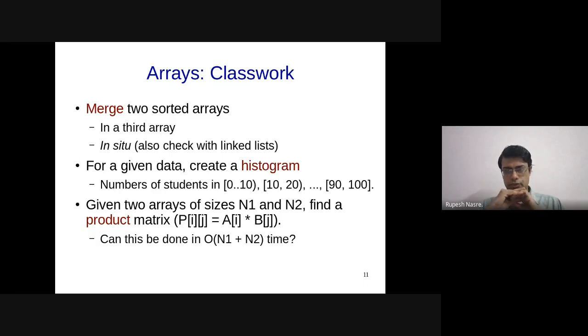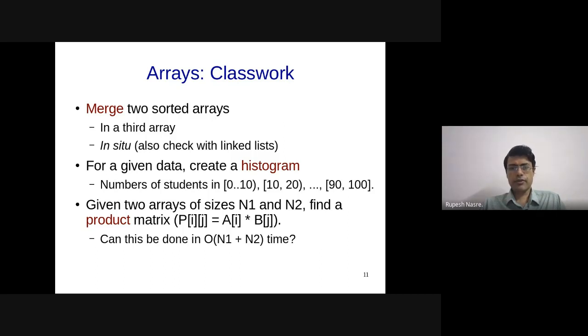Kaushik has given the code. Just that those M and N arrays, those could be single dimensional arrays. I mean, we don't really require two dimensional.